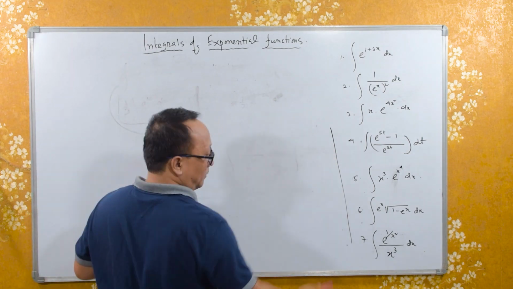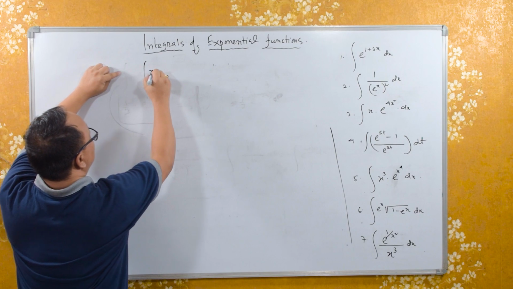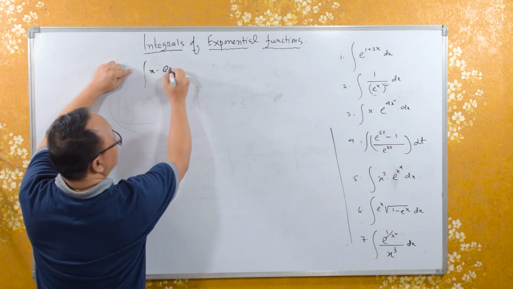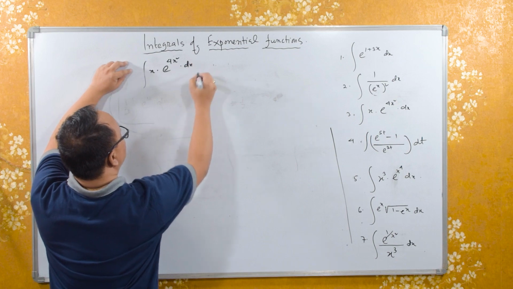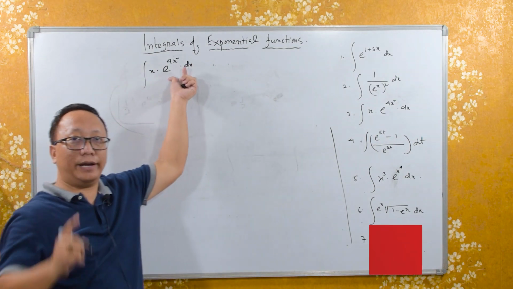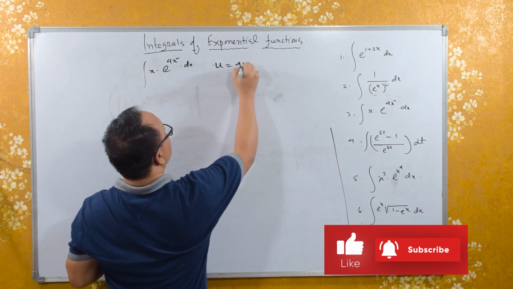So here we have x into e raised to 4x square into dx. Now if I put u equals 4x square,